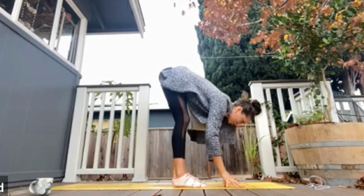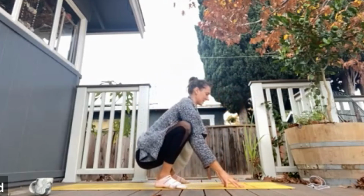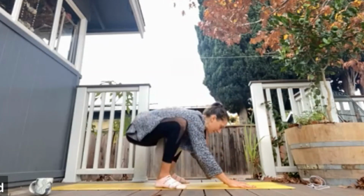And then we'll go in once more. Feet walk out as wide as the mat. Bend the knees, drop down into Malasana. This time, prepping for crow, you're going to fan your fingers out wide, place them down on the floor. And then lift the hips up,